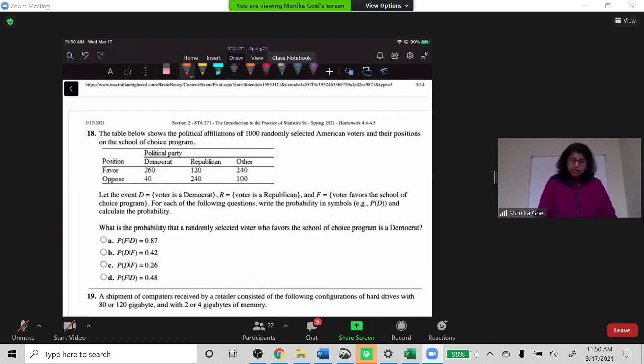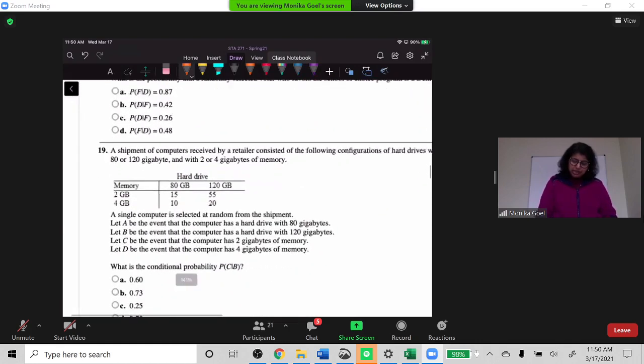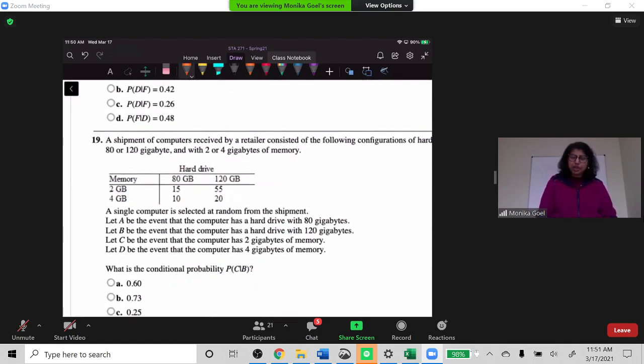Same thing here, question number 18. You can make it a table and then you can work it. You can say there are 3 types: Democrat, Republican, others. So how many Democrats you have? So Democrats is 300 and Republican is 360 and this is 340. And then you can see favor, not favor, favor, not favor. And then you can do the same thing. And this one also, you can make a tree diagram, or if a table works, you can do that. And it gives you straightforward the probability of C given B. So you need to find the probability of B first, and then probability of C.